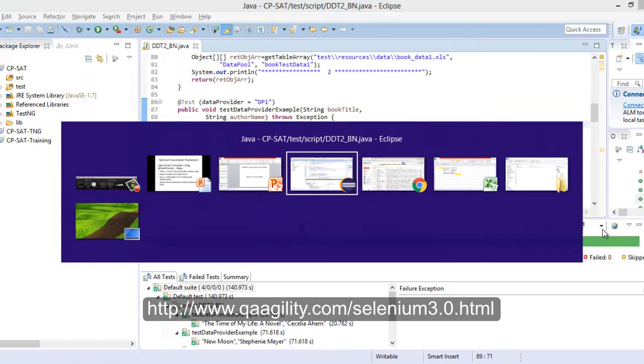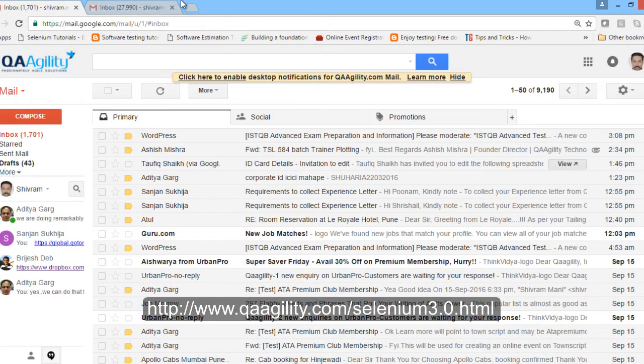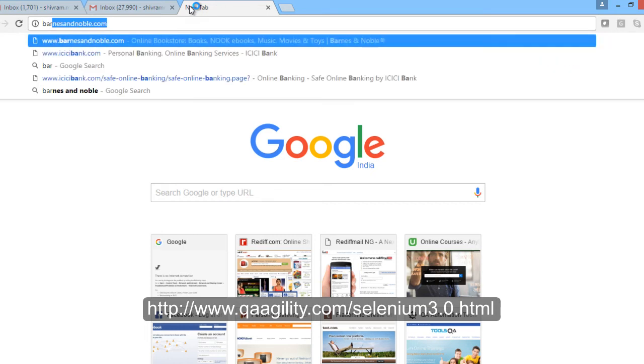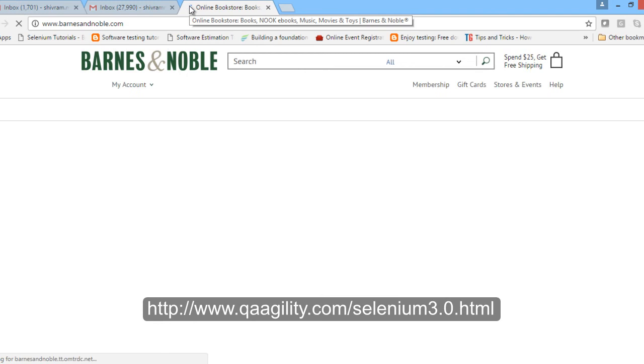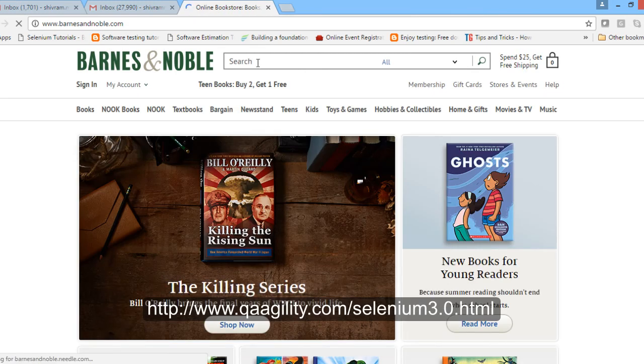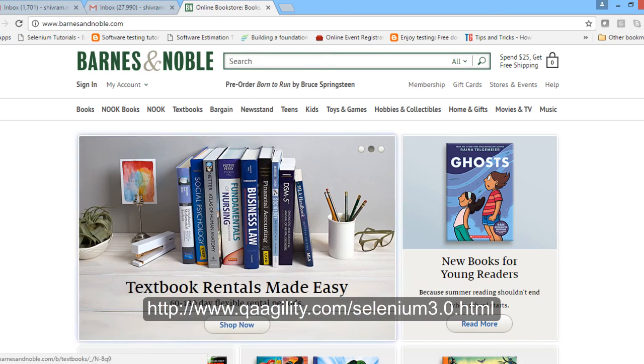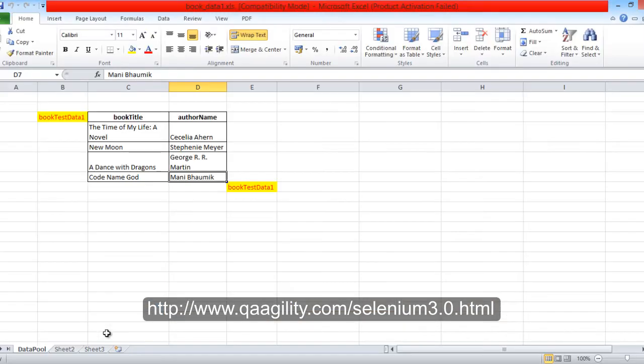So what we are going to do is go to a site called Barnes and Noble, and there we are going to search for some books. And once we get that book, we are going to that book page, and we are going to verify the author of the book. So my data is already in an Excel file, right, which is for example, let's take this book,